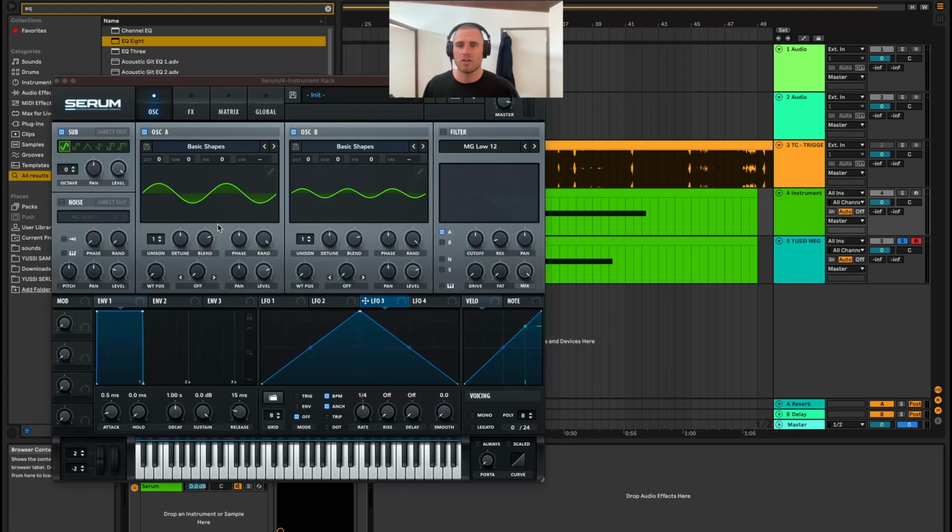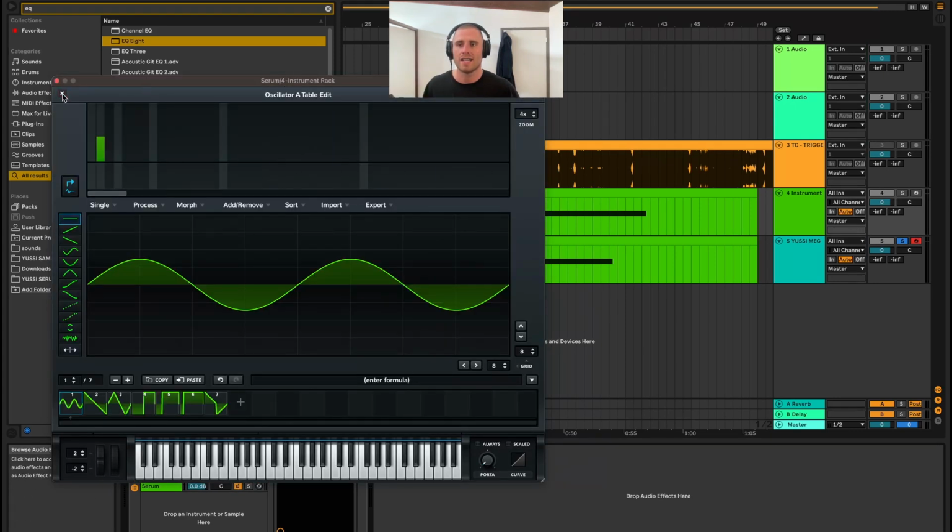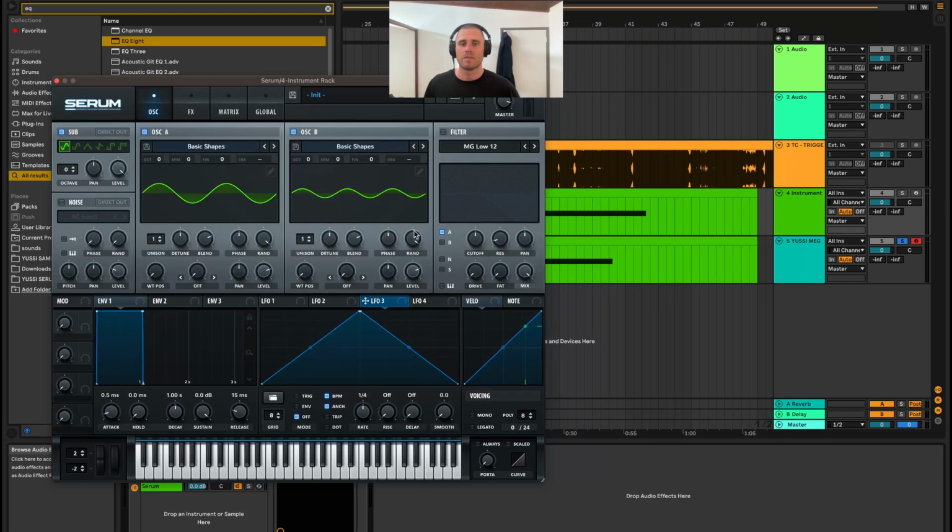Again, the reason that I use the wavetable editor is because I can individually, using the level here or the level here, precisely tune each harmonic, including the fundamental, which is your sub harmonic,